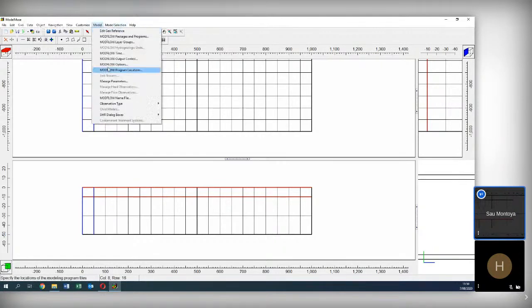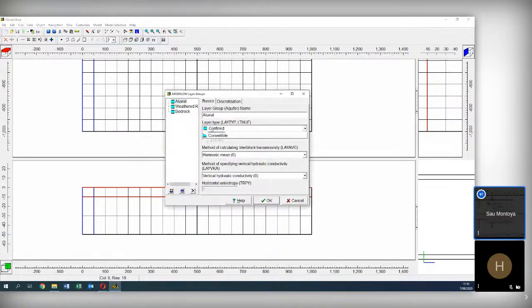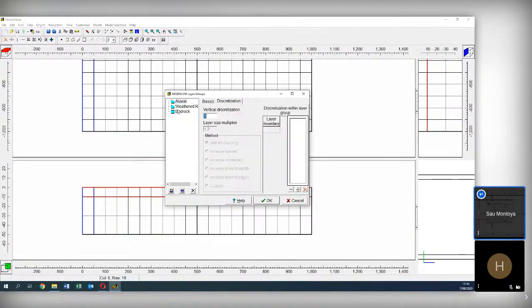So model, layer groups, and then here will be convertible. This one will be convertible. And here on the alluvial, let's go to the alluvial discretization, 3. This will split our first layers into 3. Our second layer will also be divided by 3, and our bedrock will be divided by 2.